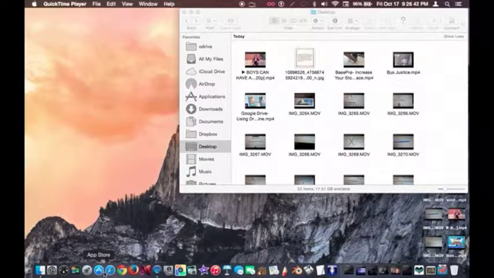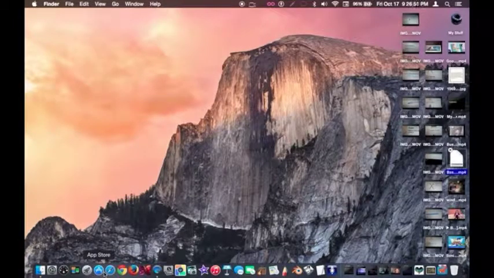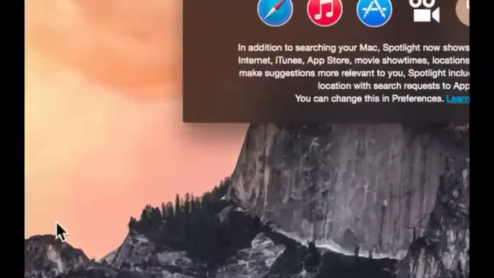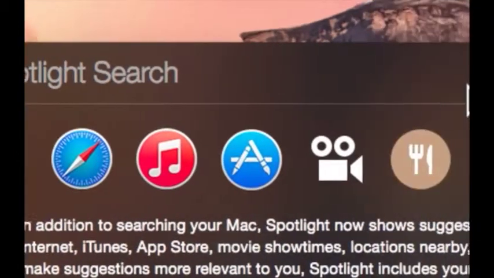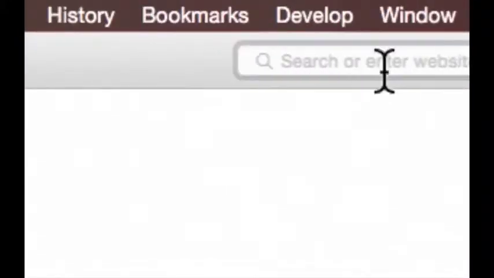You know, this is a good opportunity for me to show you the Spotlight feature, but first let's close this window. Command space. And as you can see, it's very similar to the other things I've mentioned, like the windows and everything. There's some translucency. Safari. Let's type in a website, and as you can see,